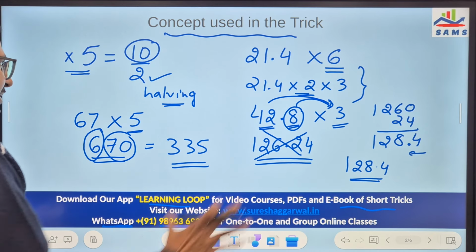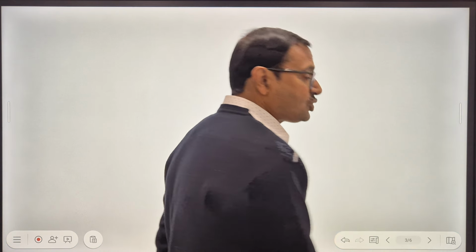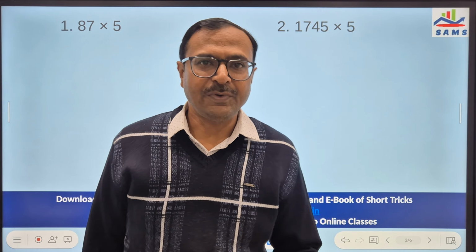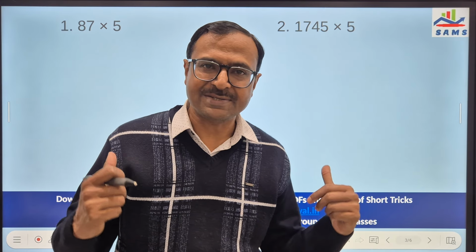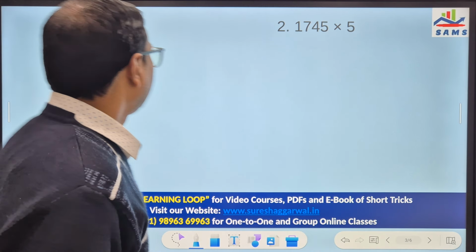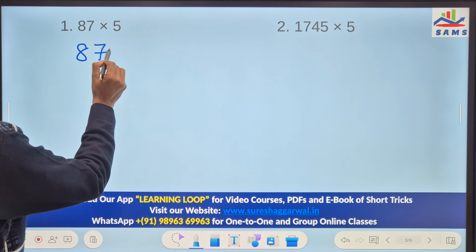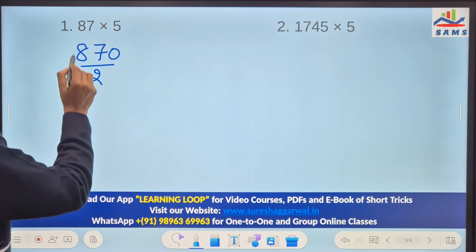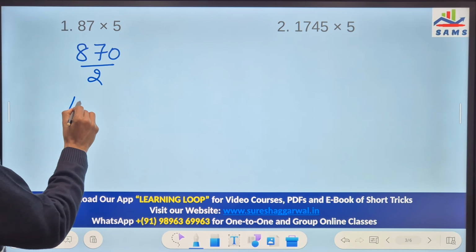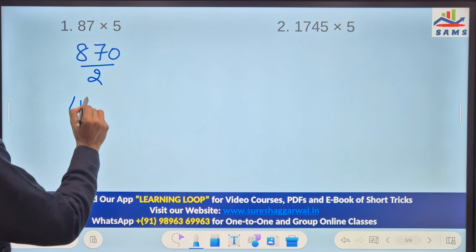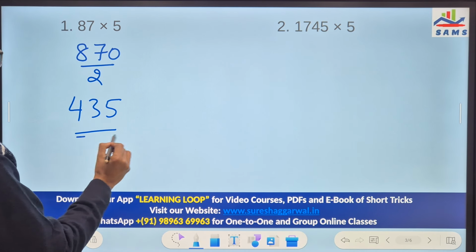Now let's practice these two tricks which we have just discussed in some of the questions. How about doing 87 times 5? So I will do 870 and divide it by 2. Half of 800 is 400 and half of 70 is 35, and my direct answer for the question is